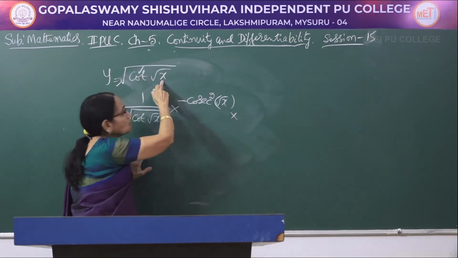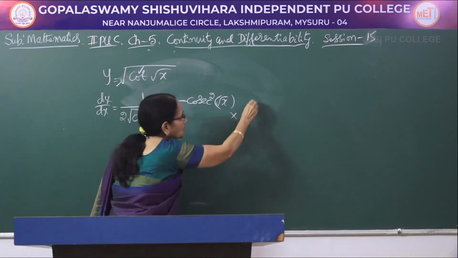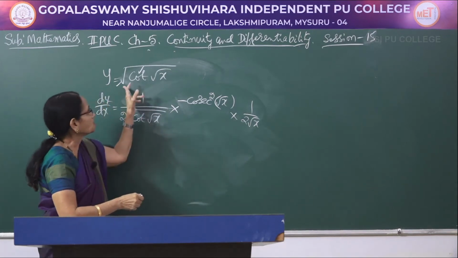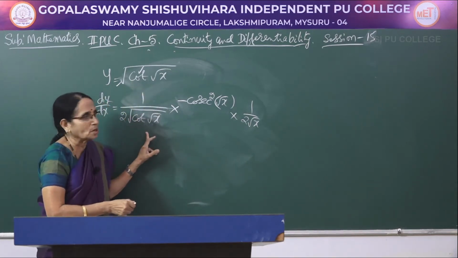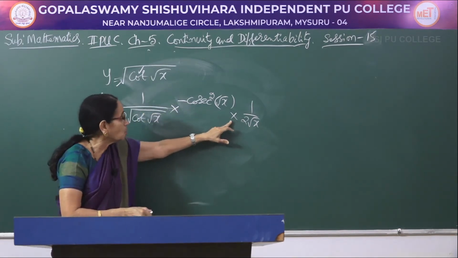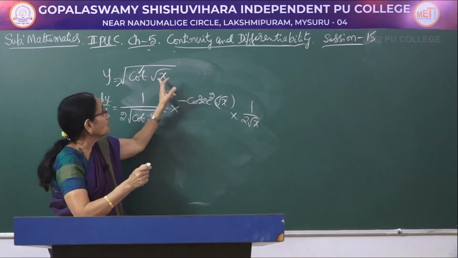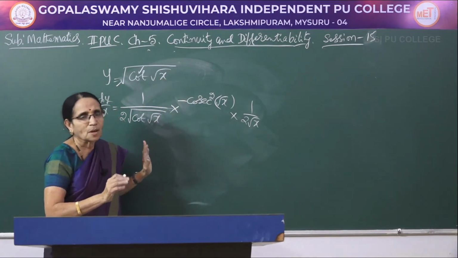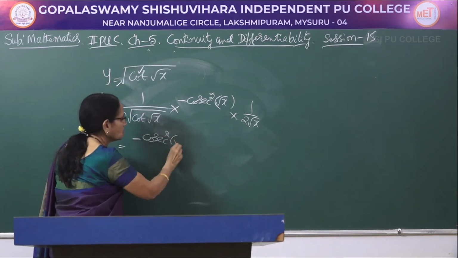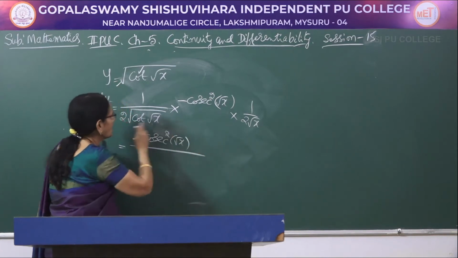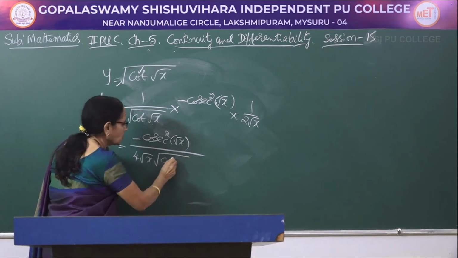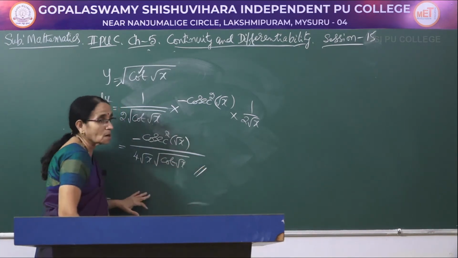Now we have come to the last part, it is for root x, the basic formula 1 by 2 root x. So first this root, 1 by 2 into root of that function, into for cot of something minus cosecant square of the same thing, into, it is not plus here, into only root x would be 1 by 2 root x. Let us write in the proper form: minus cosecant square of root x, whole thing divided by 2 into 2, 4 into root x into root of cot of root x. So this is the answer.